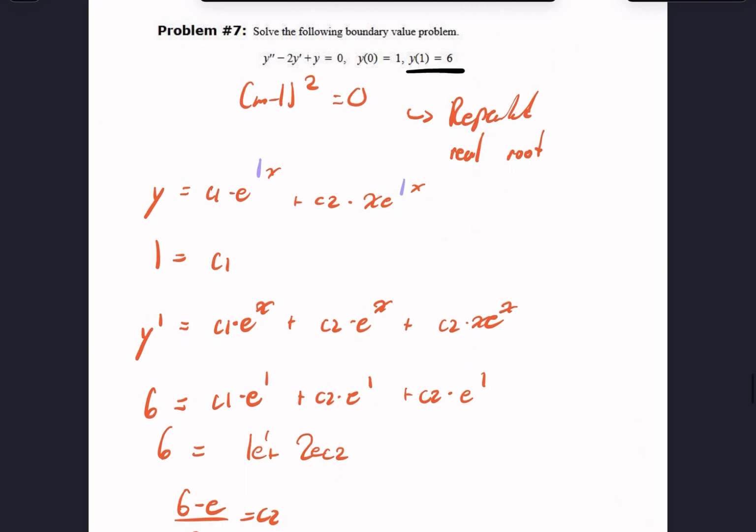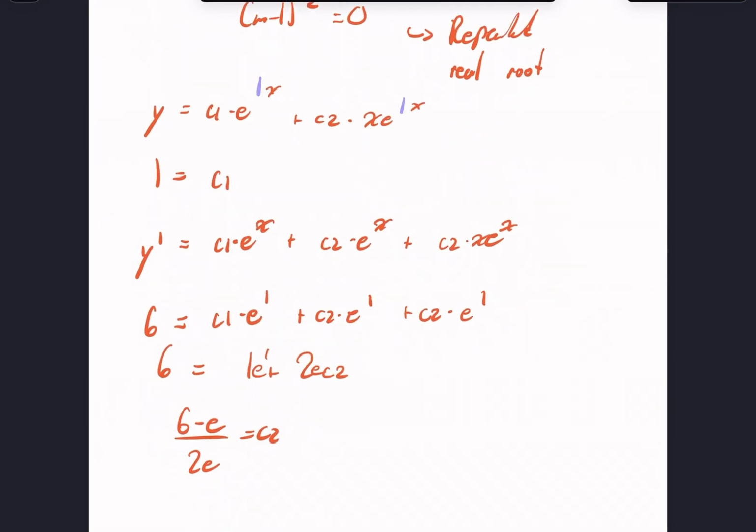No, you gotta have that. You get C2. Yeah, I'm not too sure because I took the